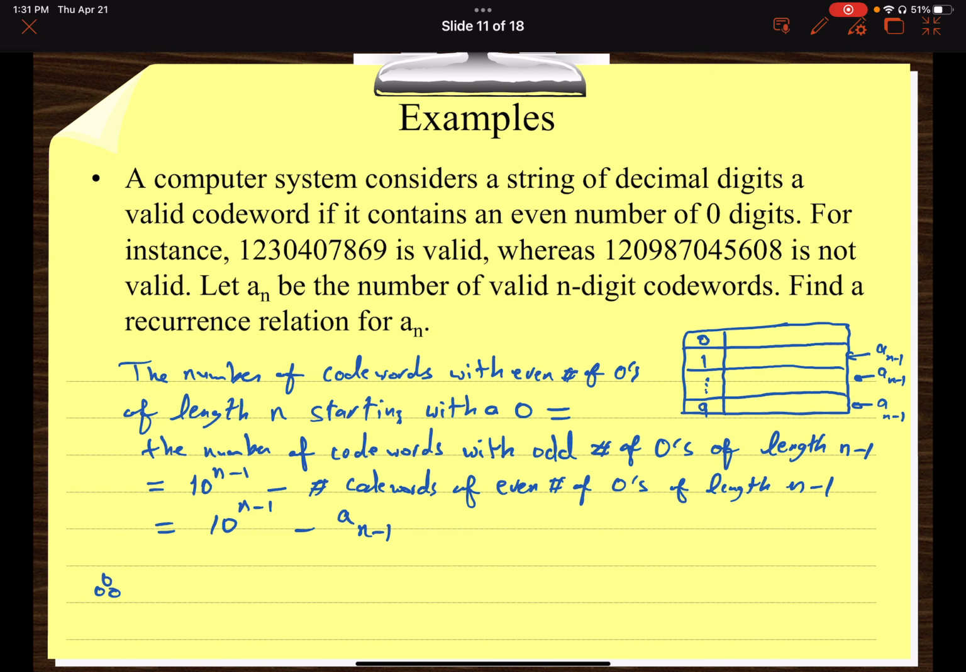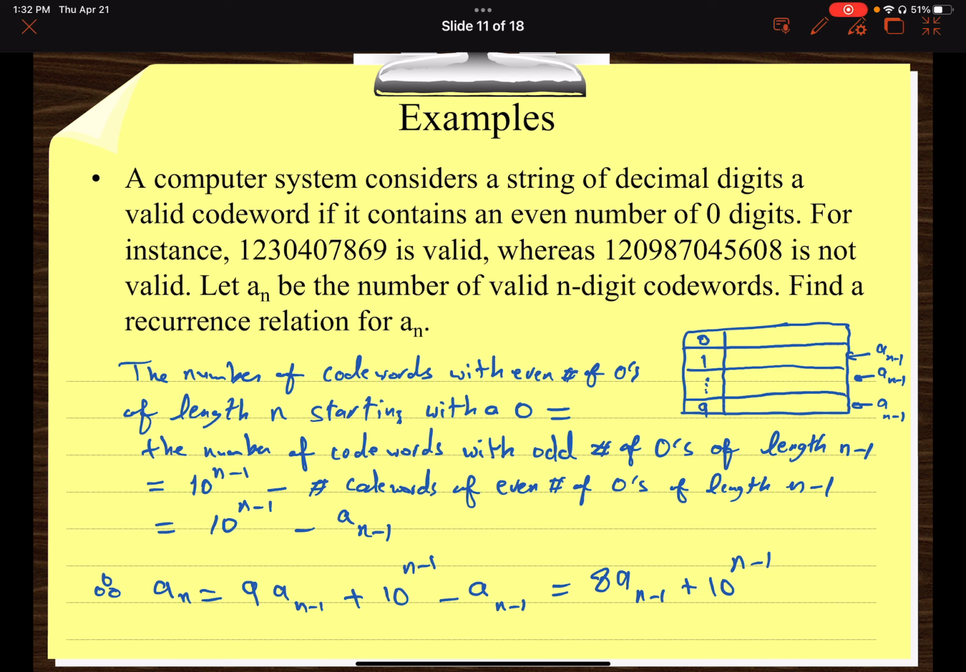So therefore, now what is an? First of all, we have those 9 an minus 1, right? 9 an minus 1 plus 10 to the power n minus 1 minus a n minus 1. What is this equal to? 8 a n minus 1 plus 10 to the power n minus 1. If you really understand these three examples, inshallah, you should be fine, especially when you try to solve the